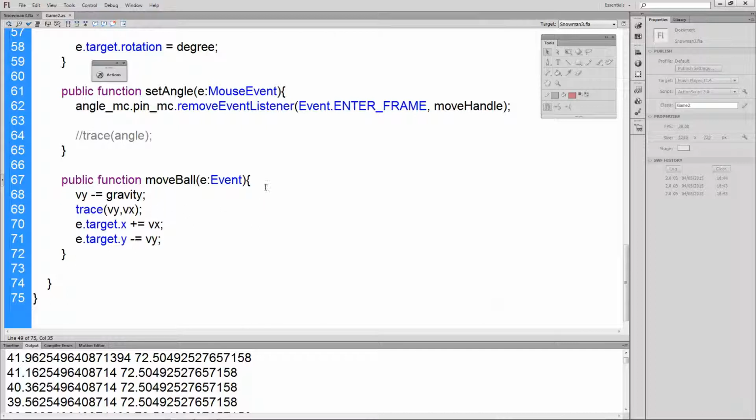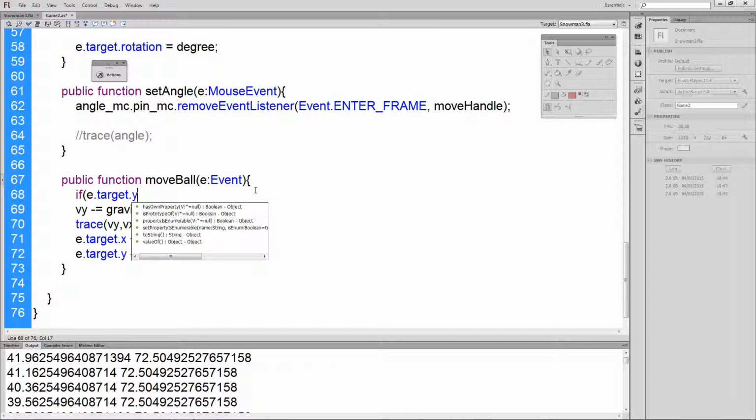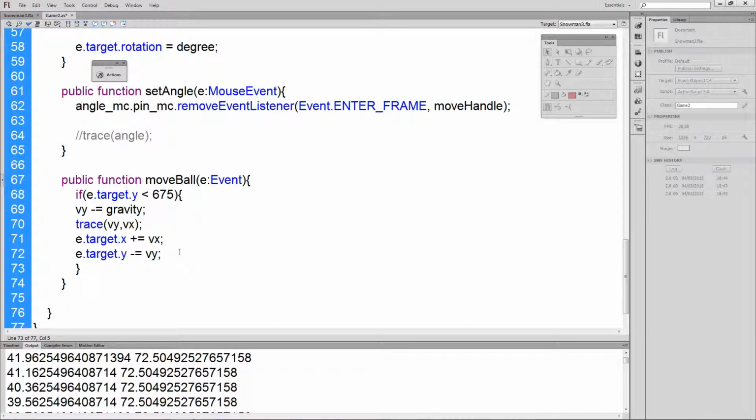So all these calculations will only take place if, and then we'll say e.target.y, keyboard is dying, is greater than, in fact no, less than, I think the screen size is 1280 by 720, so it wants to be higher than, say, 675 to stay on the screen really. And I'll encompass all of that, which is already inside of the function. Save that,